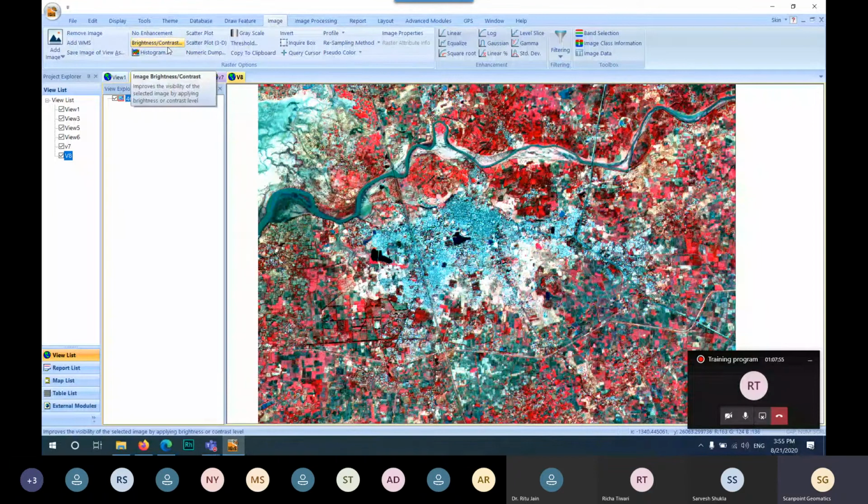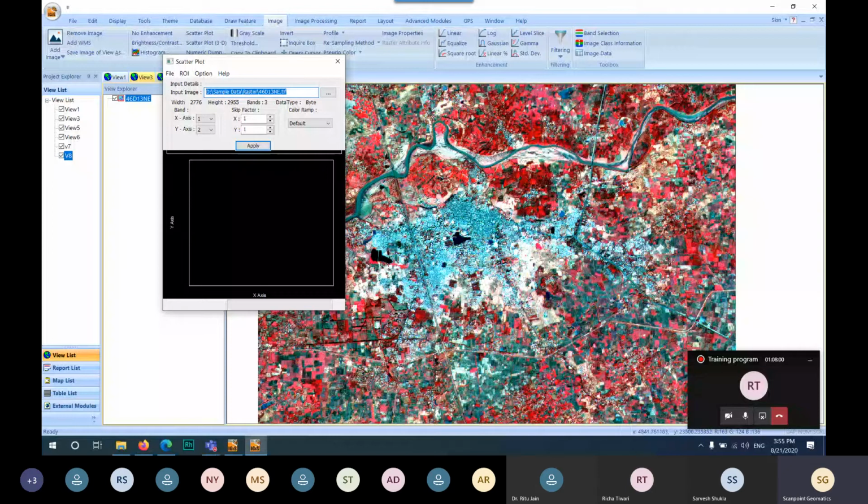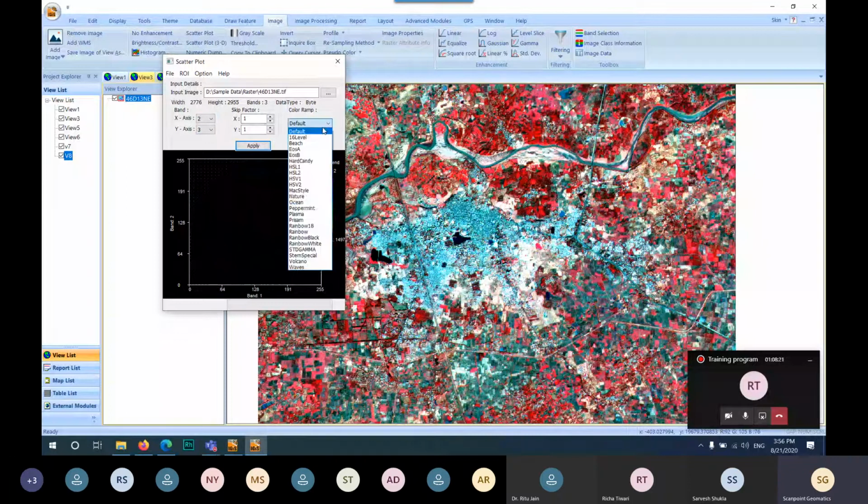Also you have scatter plot. You can click a particular object and just go to the particular axis and apply it. You see the scatter plot. You can change here the axis and skip factor.